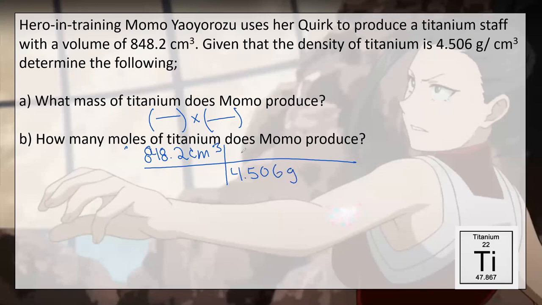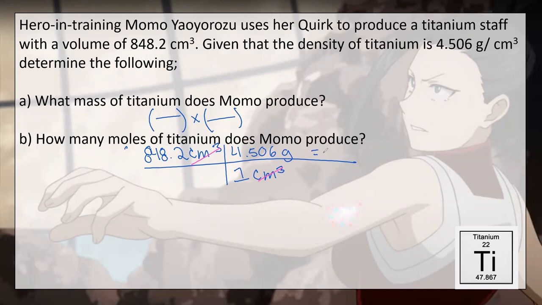4.506 grams. Oops, see, I made a mistake. I wrote it on the wrong part. And I immediately realized that because it wouldn't have canceled out. And that's part of how it helps me keep track. So we're going to write 1 centimeter cubed here on the bottom, because there is an implied 1 in this denominator, and 4.506 grams. And then I can see that my units cancel, and